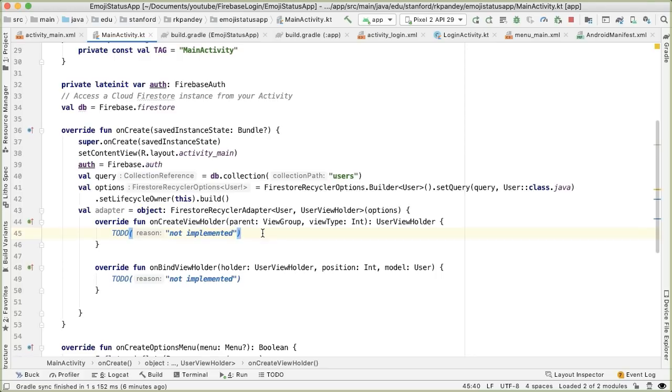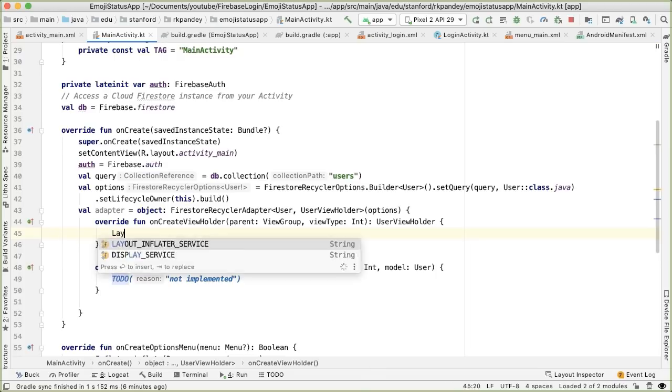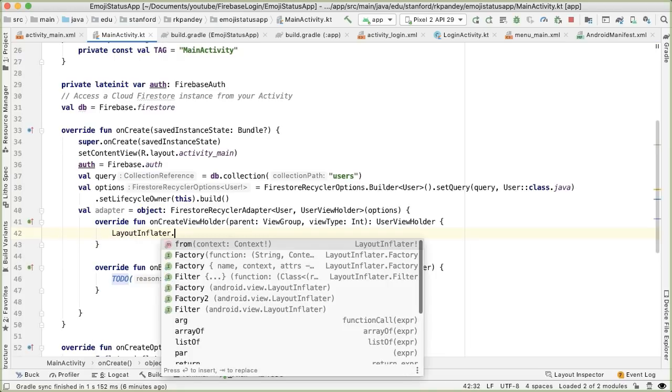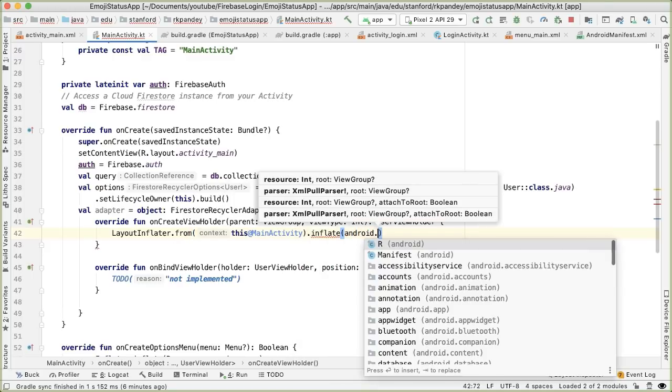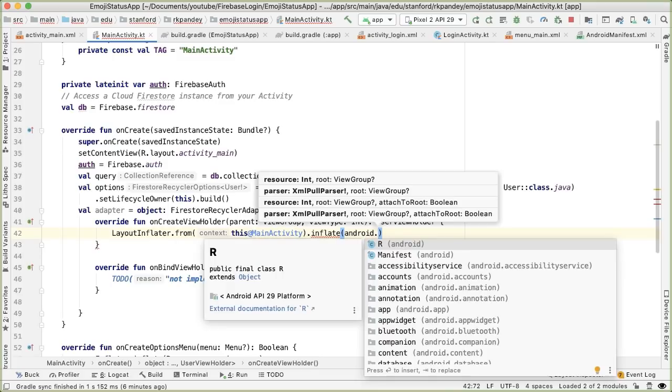But just to keep things simple, there's an inbuilt one that will fit our needs. So I'm going to say LayoutInflater.from, and we need to pass in a context here. So I'm going to pass in this@MainActivity, which is referencing the activity, and then inflate. And here's the inbuilt layout that we're going to use. It's going to be a two text view layout,